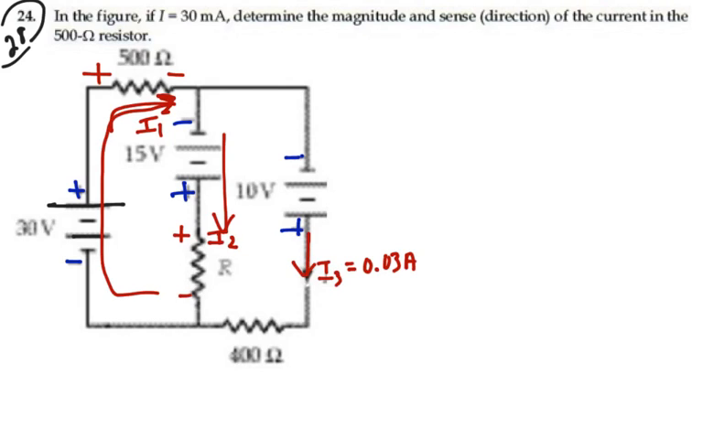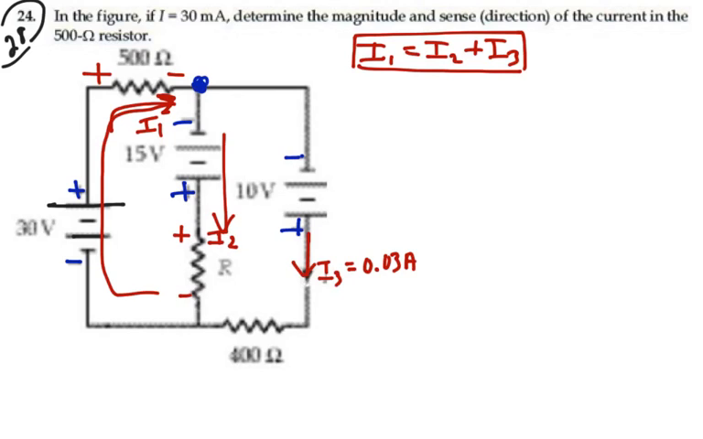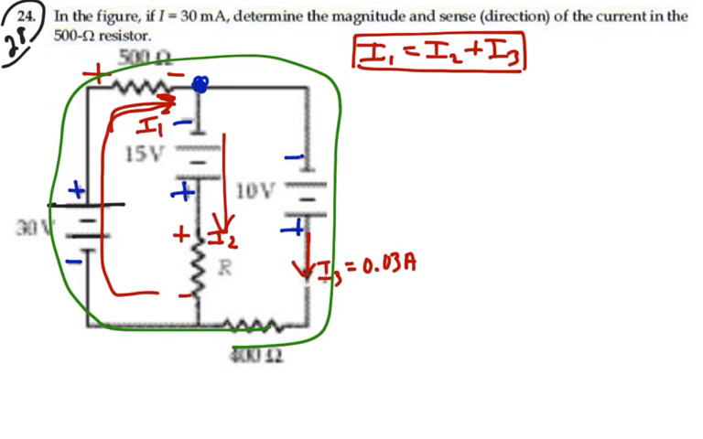Okay, given this, it would be true that I1 would be equal to I2 plus I3, because in this top junction, I1 is going in, and I2 and I3 are coming out in this junction right up here. But we know what I3 is, so if we can get I1 in terms of I3, then we can get I1 immediately. And we know we can get I1 in terms of I3 if we do the outer loop. So let's just look at the outer loop